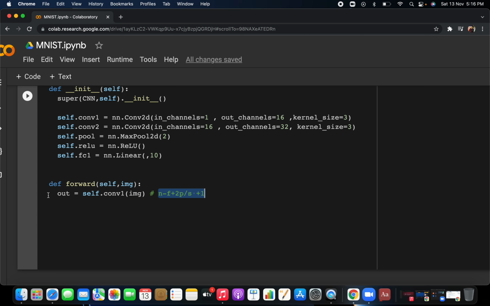So for the first operation, what will be the output? During the convolution 1 operation, n is the dimension of the image, that is 28 cross 28.